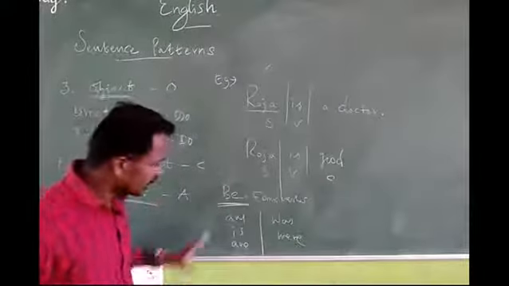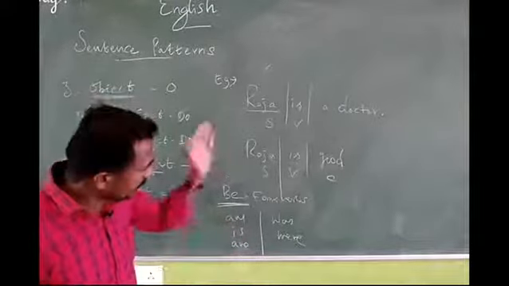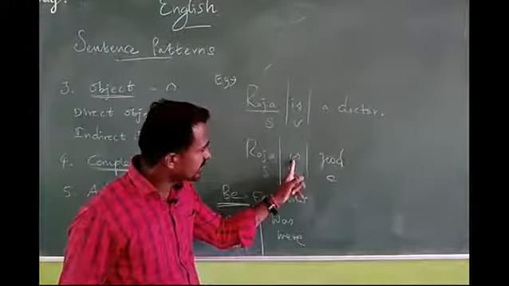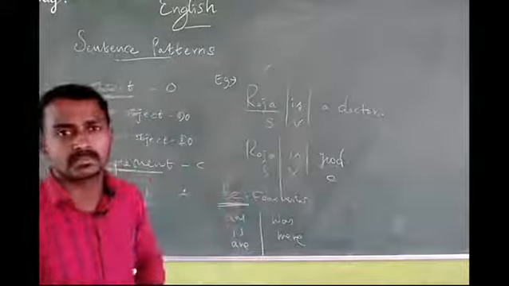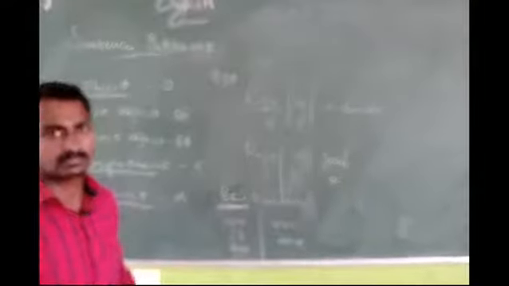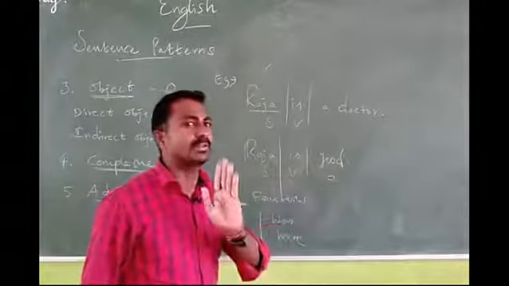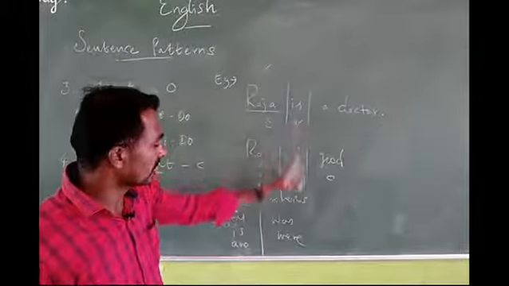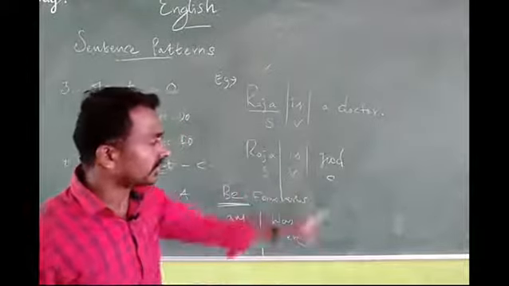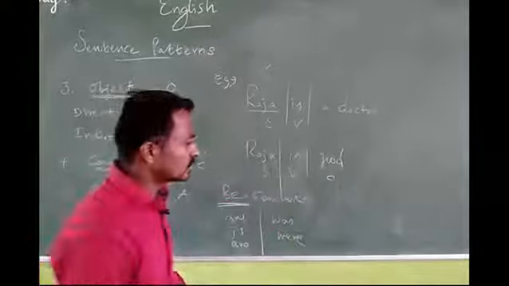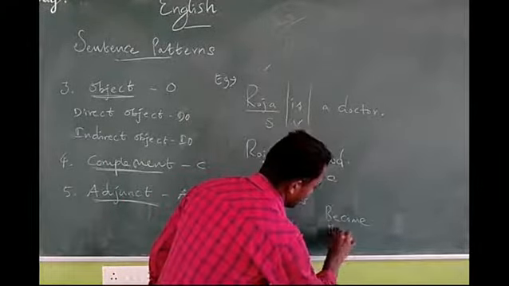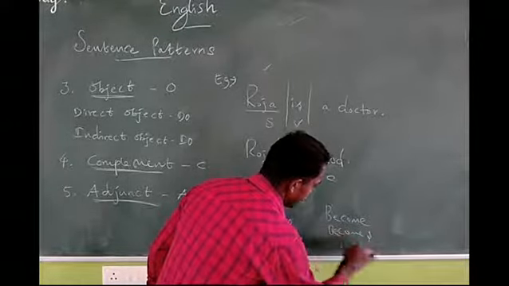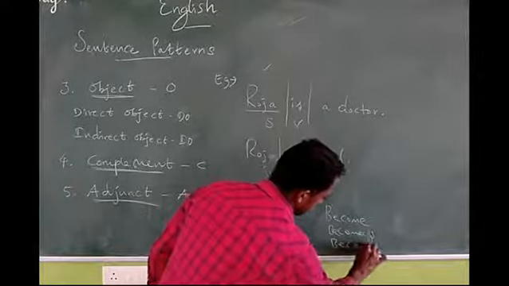So this is the basic thing: the be form verb always is followed by a complement. See, is, or was, or am is there. Only one verb is given in the question, with no additional verb and no main verb. Only the single be verb is followed by a complement. And also sometimes become, becomes, or became will come.